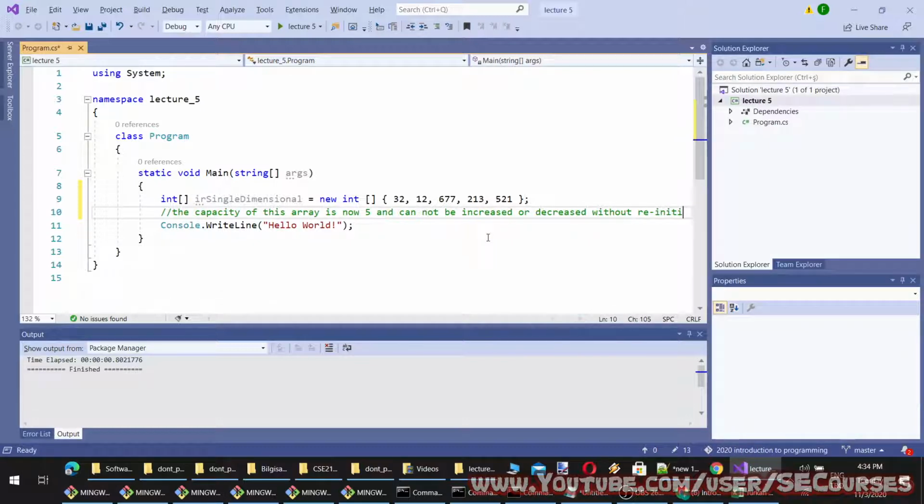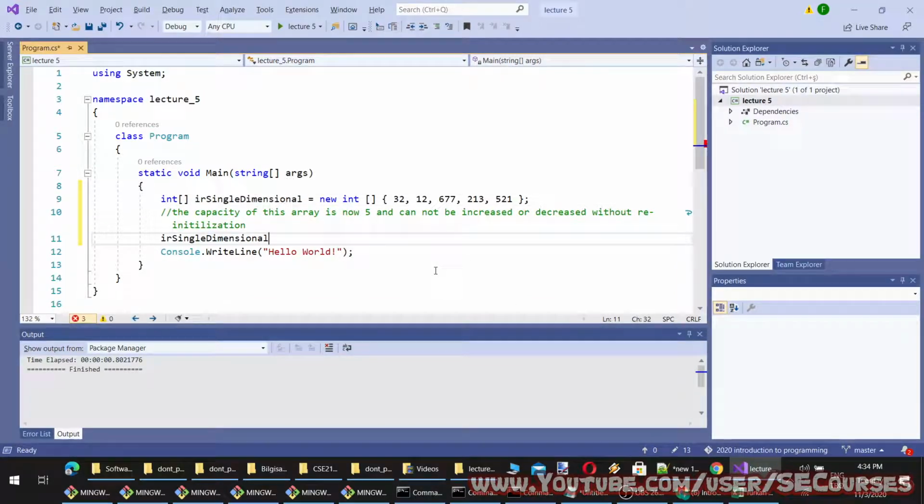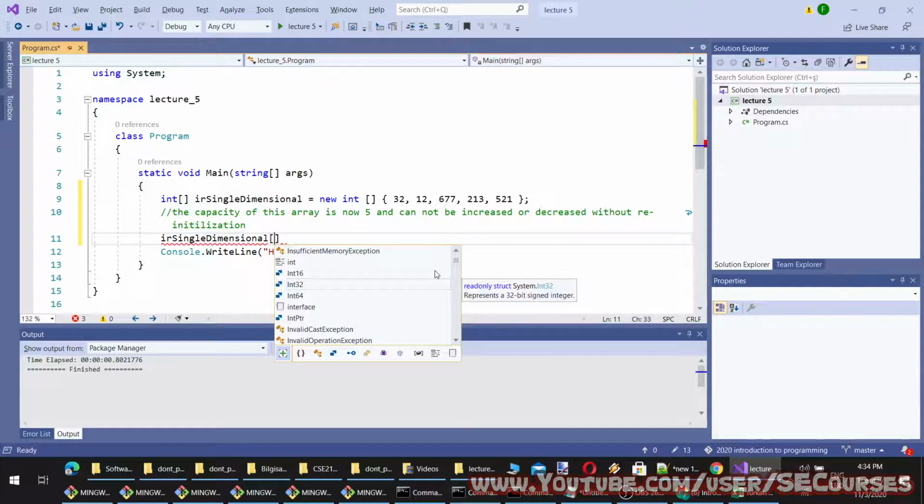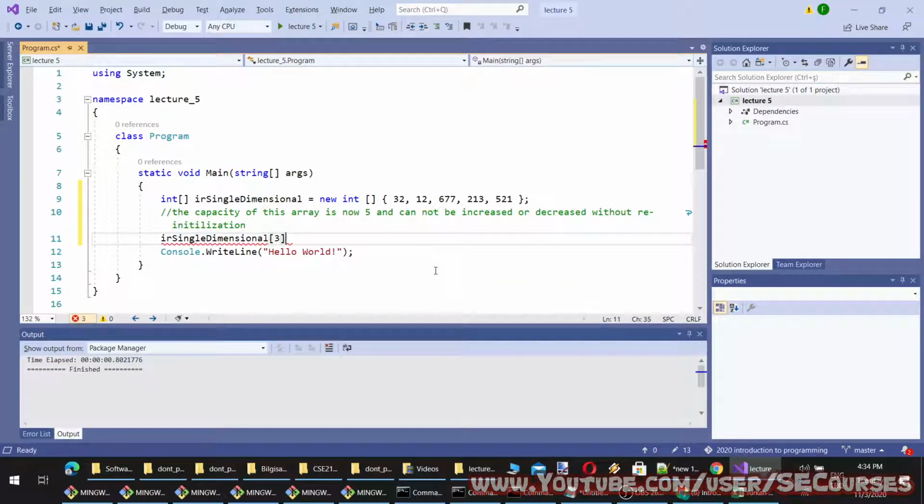So I can change any member of this array by accessing it through an index. If I access the index 3 and set it to 100, which number here will be set as 100?